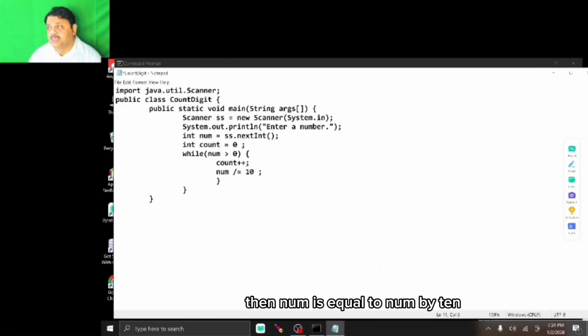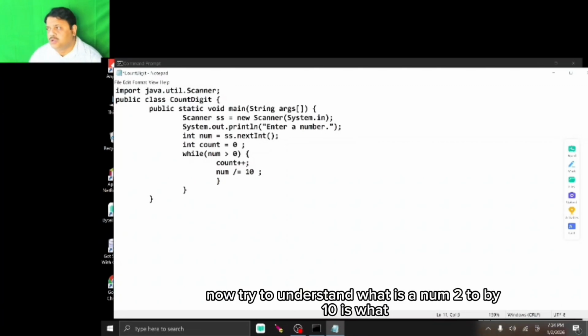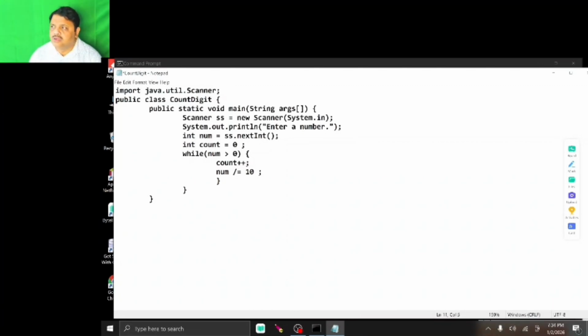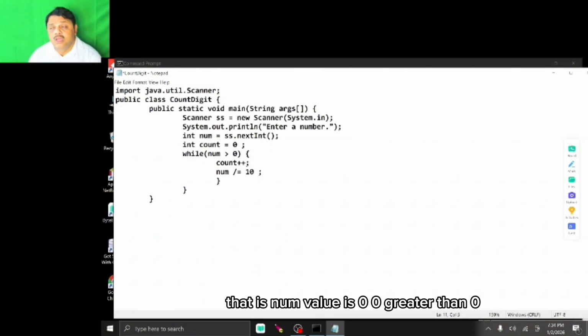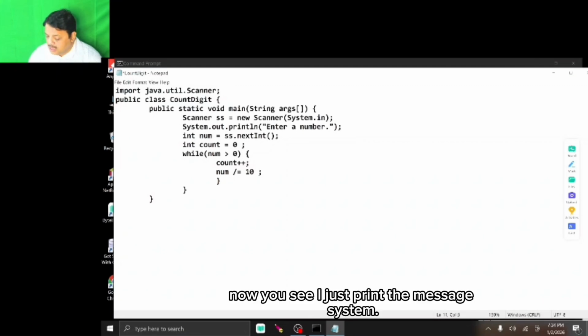Then num is equal to num by 10. Now try to understand what num is. 2 by 10 is 0. Now num value is 0. 0 greater than 0? My condition is not satisfied. Now you see, I just print the message